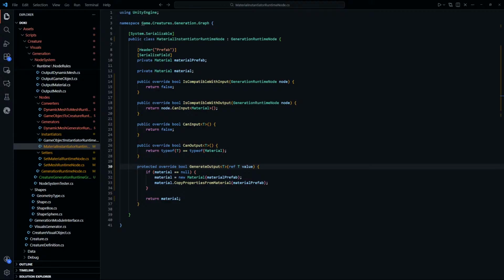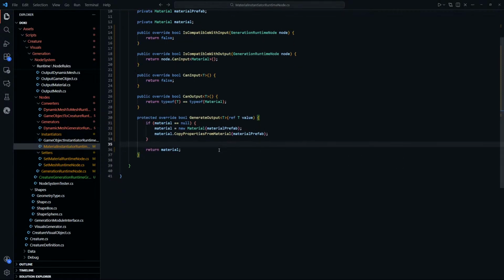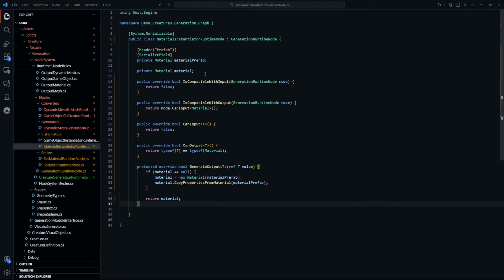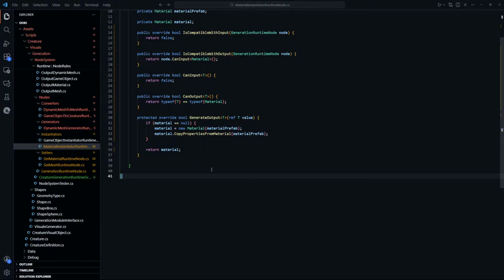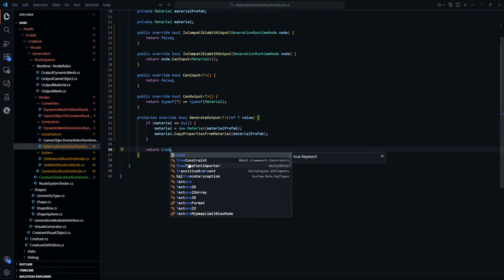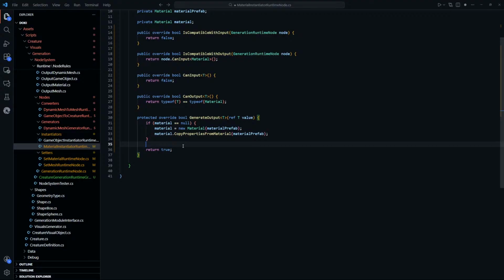Let's see. Generate output value. Yeah, so we just check if material, and then we do. This one always returns true. Not true, but true. We want to do value is equal to the game object material. It's a lot of casting back and forth, but